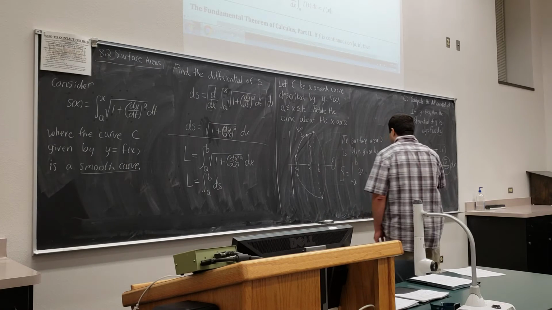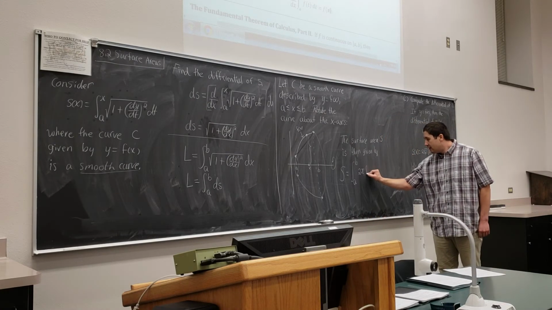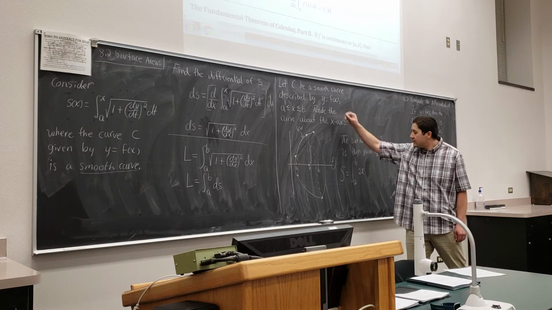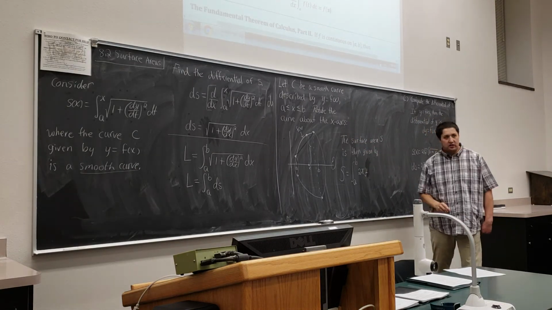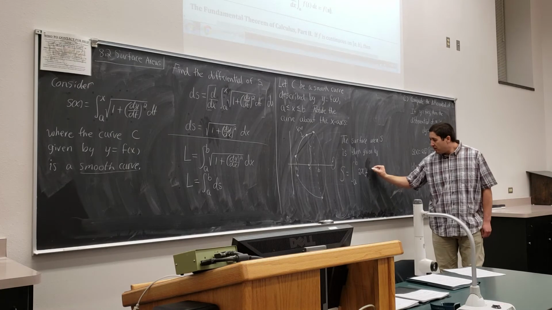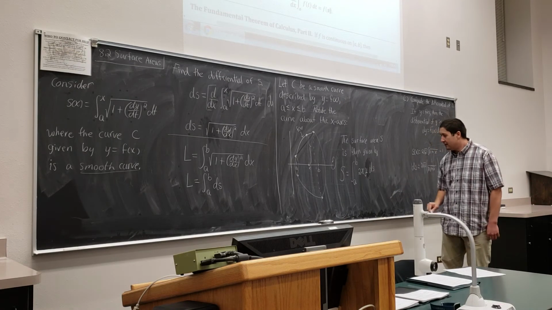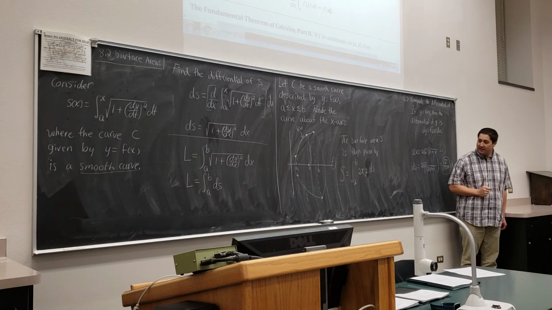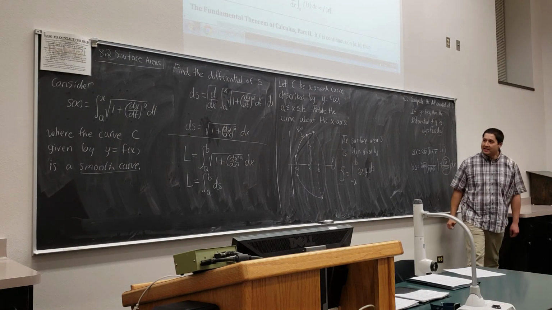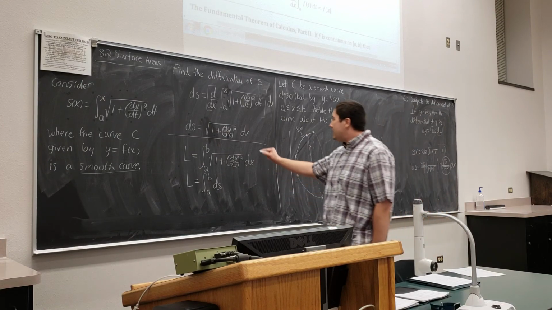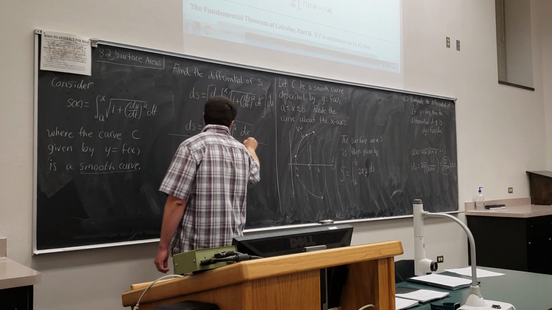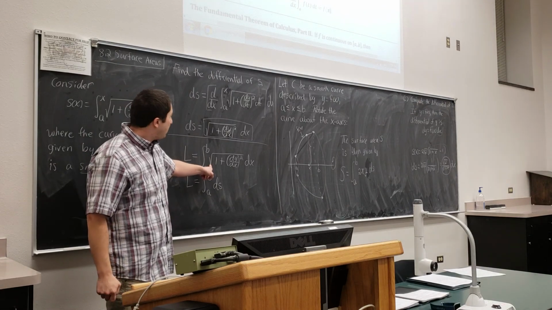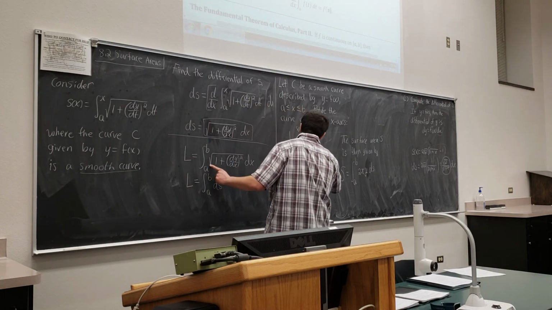So we take 2 pi times a radius. In this problem, we could put in an f of x, or remember that y is f of x. So let's just throw in a y. Then we put in ds, and that does the job. ds kind of shows up there randomly, but the reason it shows up there is ds is this stuff right here, and this stuff is used in finding the length of the curve. So if I want to do this kind of trick of making straight line